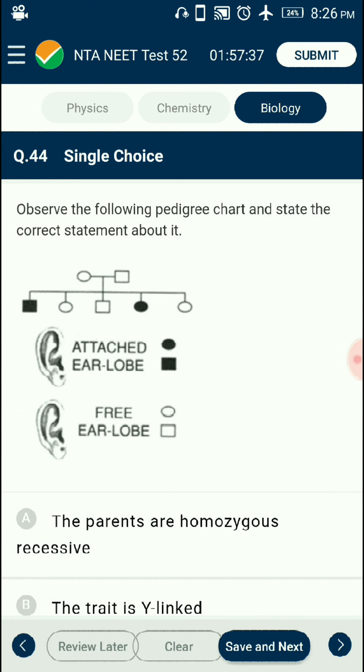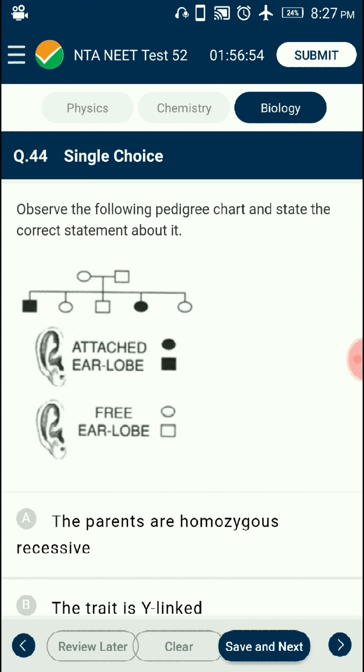In the given pedigree diagram, the parents have free earlobe structures. Out of their 5 kids, 2 boys and 3 girls, 1 boy and 1 girl have attached earlobe and the other 3 have free earlobe. Since there is an expression of attached earlobe in the next generation, even though the parents do not have it, the free earlobe allele is dominant over the attached earlobe.